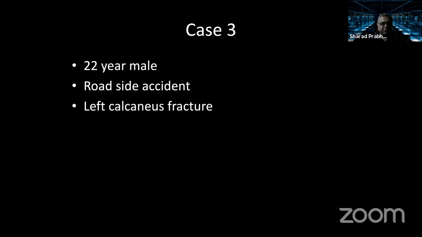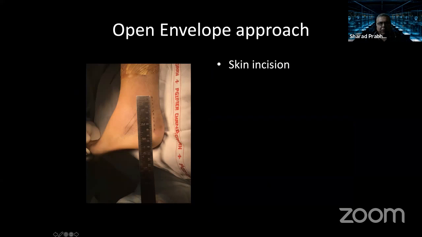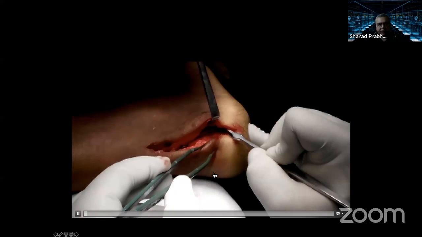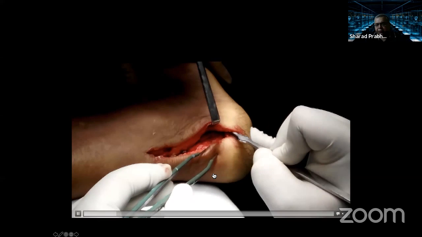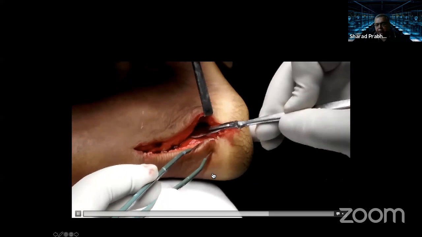Another case, a 22-year-old male. This was a roadside accident, left-sided calcaneus fracture, and again a joint depression type of fracture pattern, and you can see the split on the CT. Again, it's emphasizing the skin incision, the longitudinal limb. You dissect the proximal incision with scissors and go right down to the bone as you would for a conventional flap, except that you're not making any angles to it,